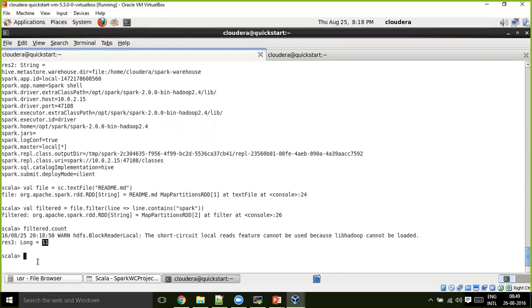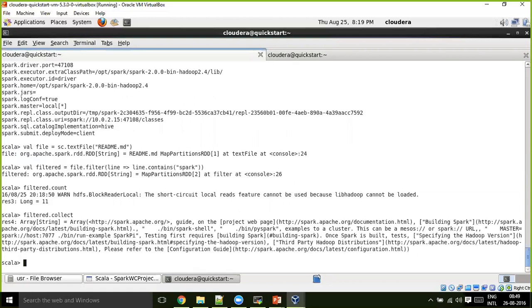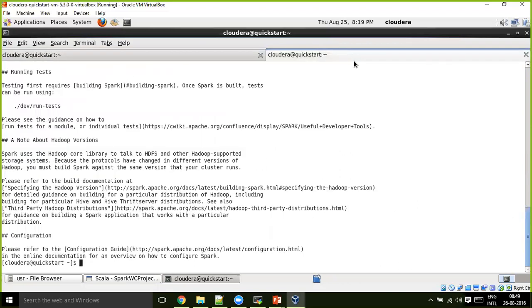Or if I do filtered.collect, it displays all the lines that have the Spark keyword in them.